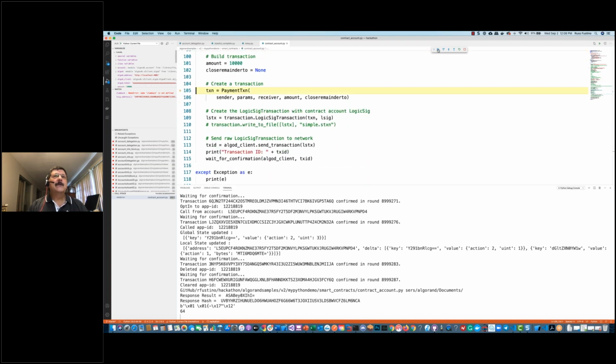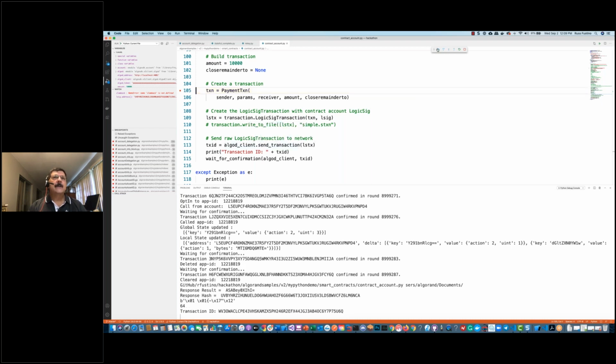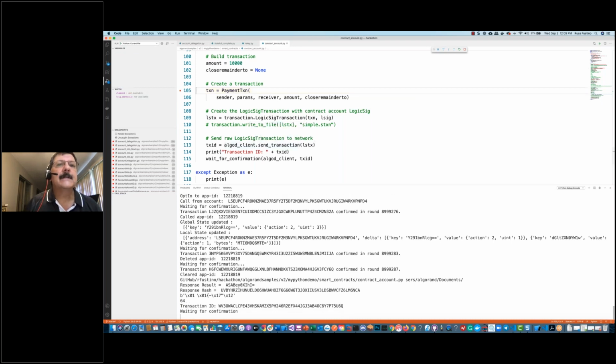And then finally, we're going to do the payment transaction. So the sender we have there, and then the receiver is going to be the second account that we're going to be sending this to. And that's it. And then we just go ahead and fire this up, and then you can see you've got the logic sig transaction. We're going to create that with the contract account lsig transaction, and then we're going to send the raw transaction out to the network, and you should see a successful